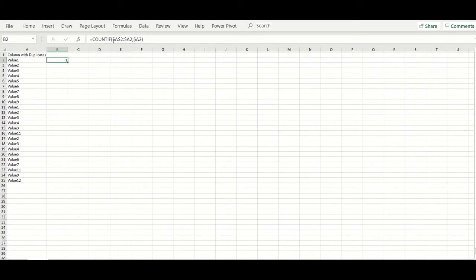So I have given it the entire A column till the value which I want to look at. Right now I want to look at value A2 over here, and then it is comparing it with itself. Let me click on it and see how many cells it is using. It is just using the first cell, as you can see with the highlighted blue color over here. So when I drag it down so that it can be applied on all the rows over here